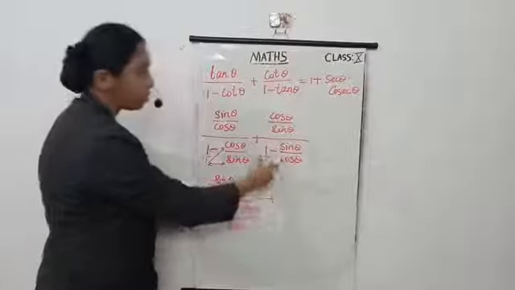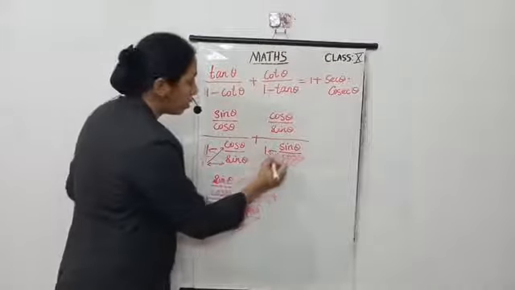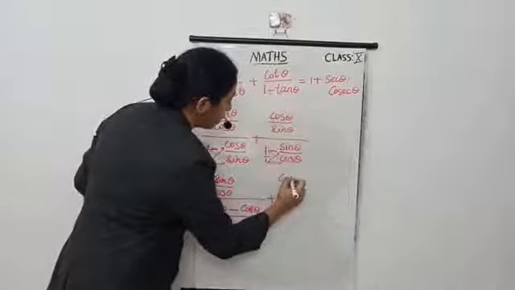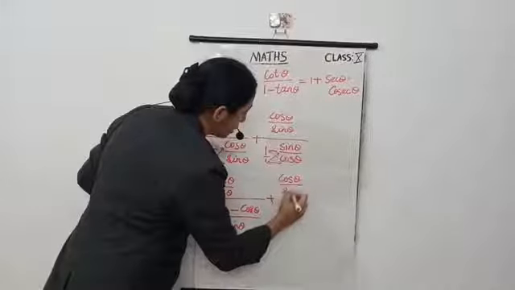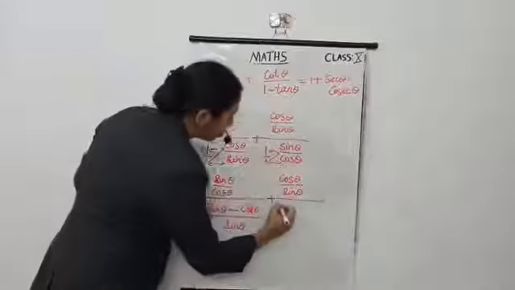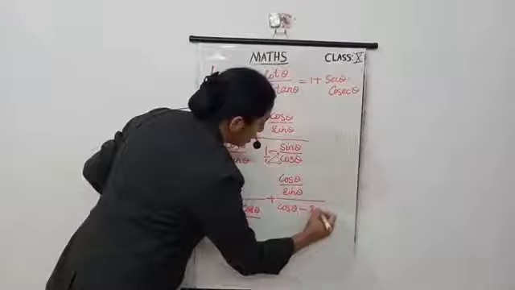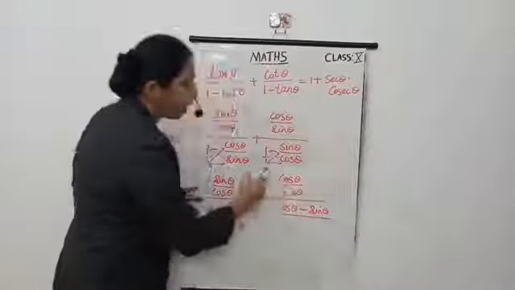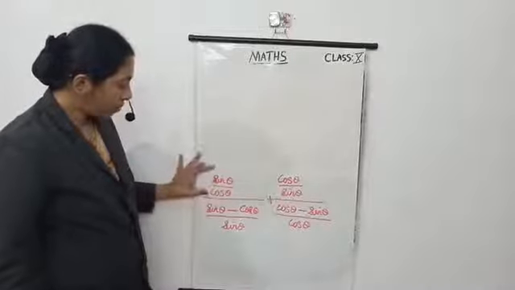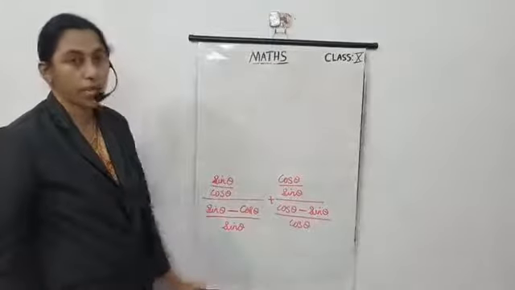Now plus, here also in the same way, multiply this denominator into numerator and multiply these denominators together. So first write this numerator cos theta by sin theta, all divided by this 1 into cos theta is cos theta itself. So cos theta minus 1 into sin theta is sin theta itself, divided by 1 into cos theta is cos theta itself. Now here one fraction divided by another fraction. Here also one fraction divided by another fraction.